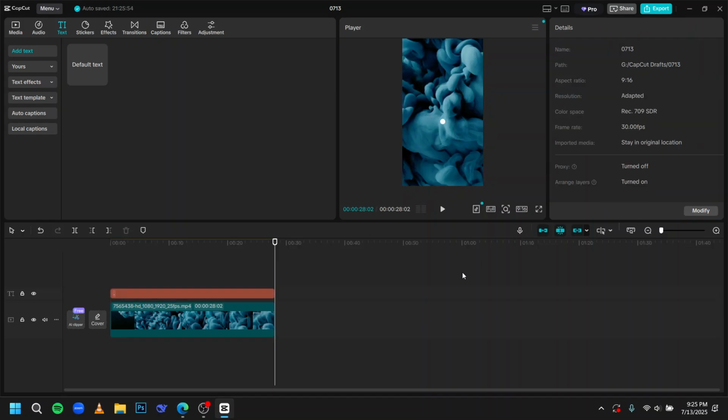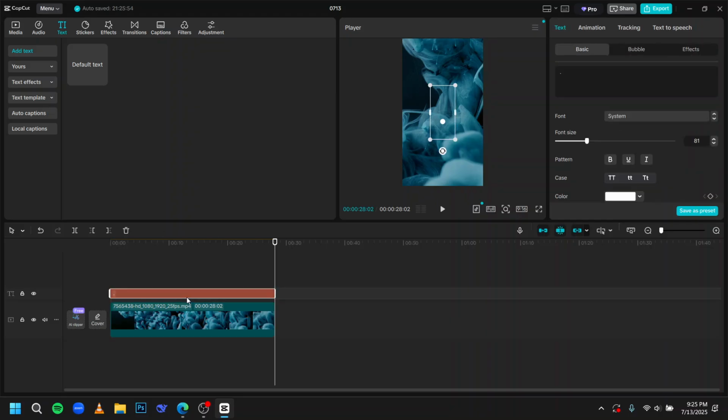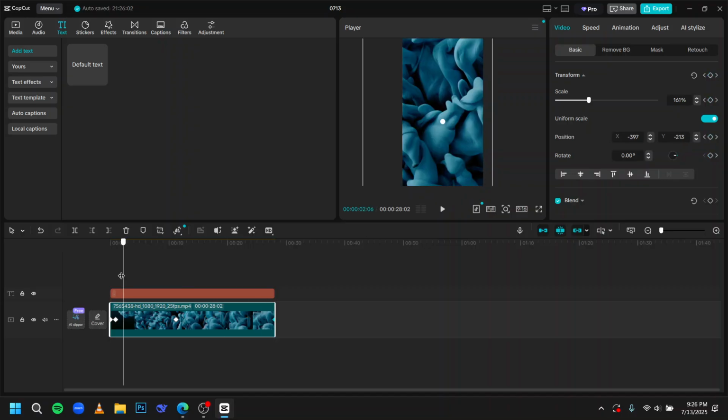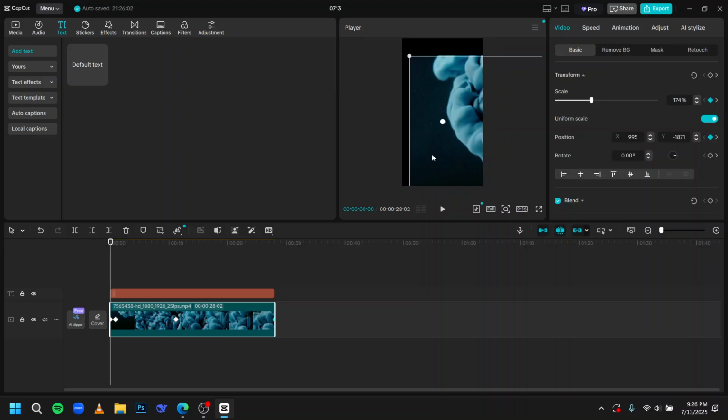Then you have to click on the video file, and then here you have to click on add keyframe. And after that, when it adds the keyframe, you have to come to the bottom, come to the start here in the beginning, and then here you can easily zoom out your video, or you can easily